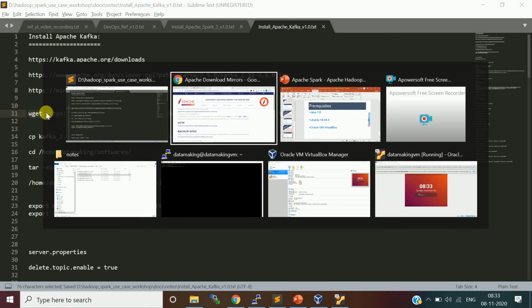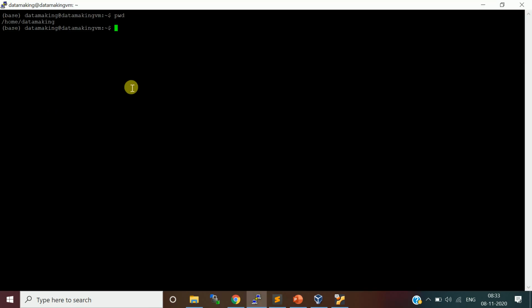I'm logged in to my VM, connected using the PuTTY utility from my Windows. If you don't know how to set up this VM and connect via PuTTY, please refer to my previous videos, where I have given a detailed explanation of how to do that. So I'll just download this binary file.